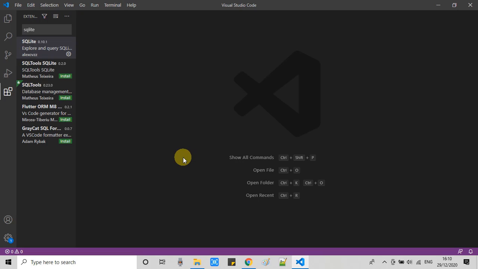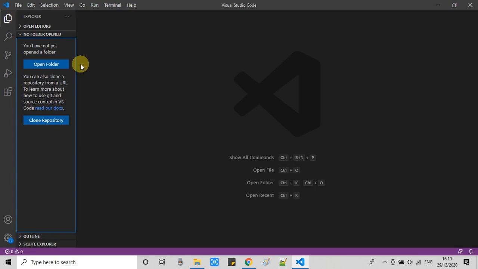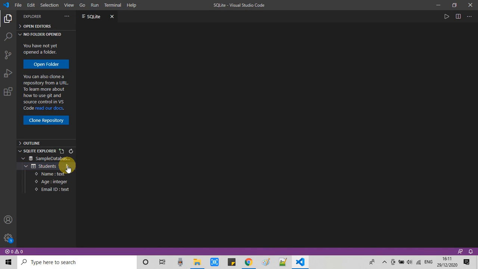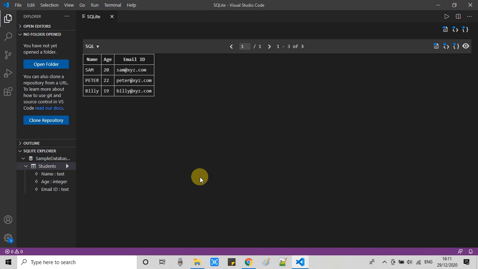Now we will change this search to the Explorer, and right here you will see at the bottom that SQLite Explorer is open. So just expand it and you will see the opened database file. When you expand, you can see all the tables inside the database. So just click on any table and the data which is inside the table will